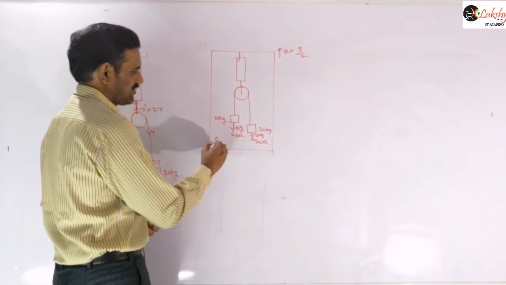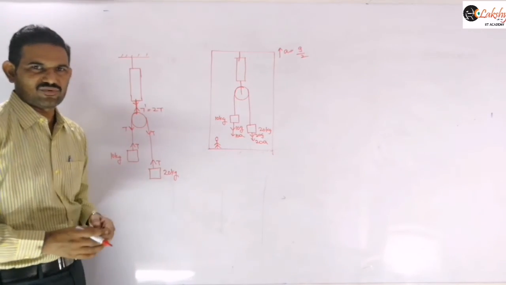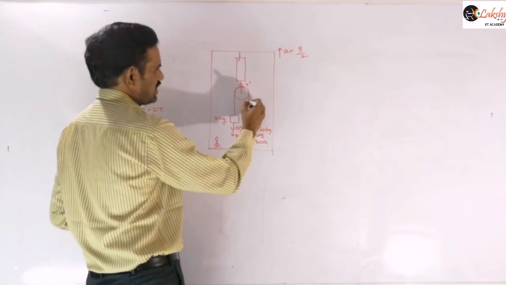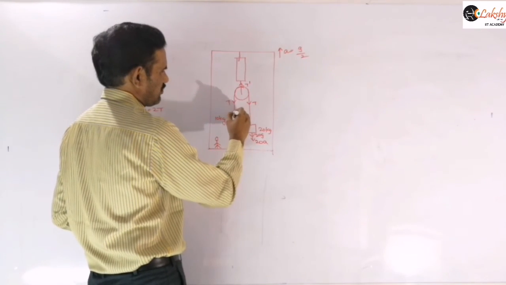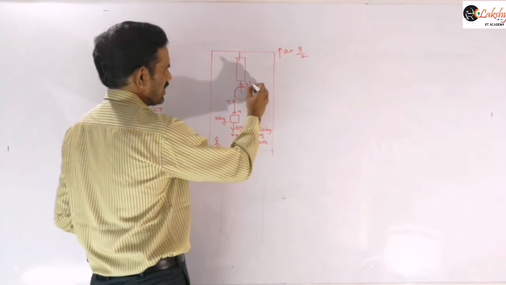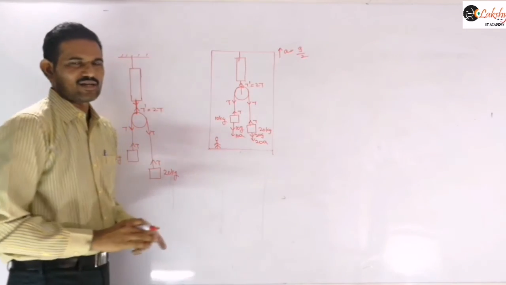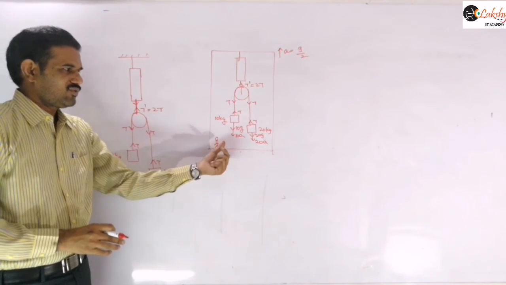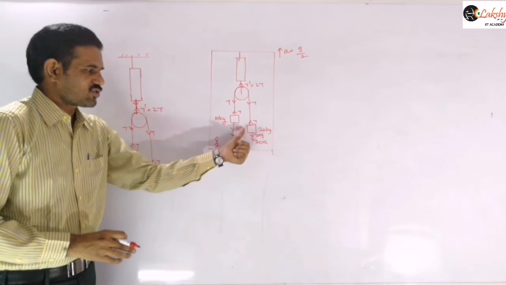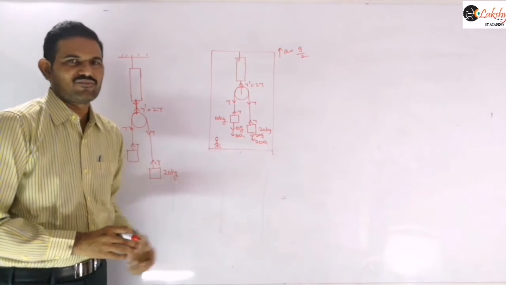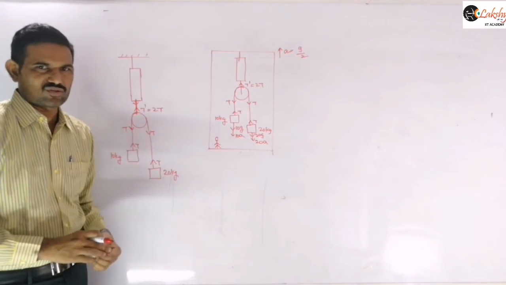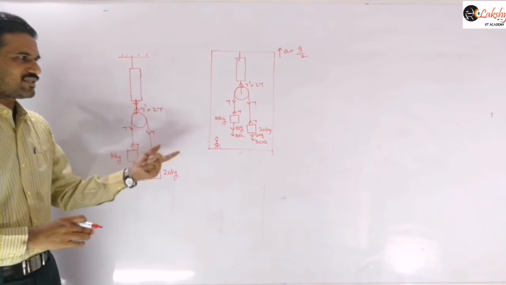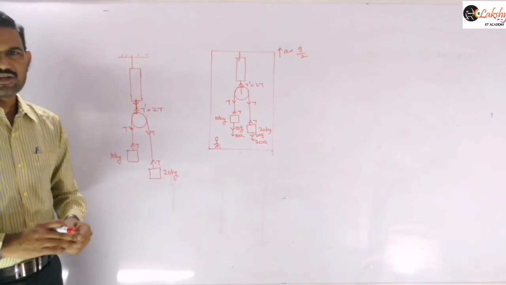Now we are solving with respect to the lift. Here again, the reading of the spring balance means we need this T dash value. If you take this as T, then again T dash will be equal to 2T. There also our concept will be the same. But while calculating the T value, in addition to the weight, you need to consider the pseudo force also. So include that pseudo force and calculate the tension, and 2T will be the reading of the spring balance.